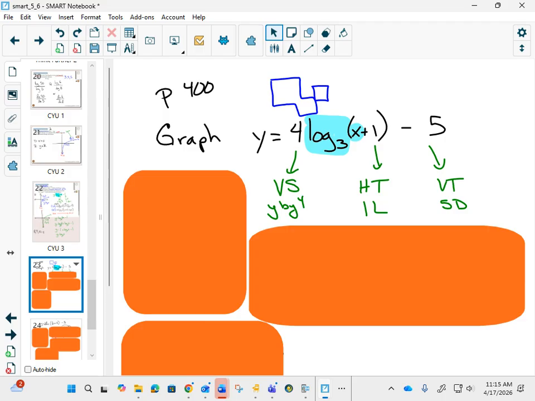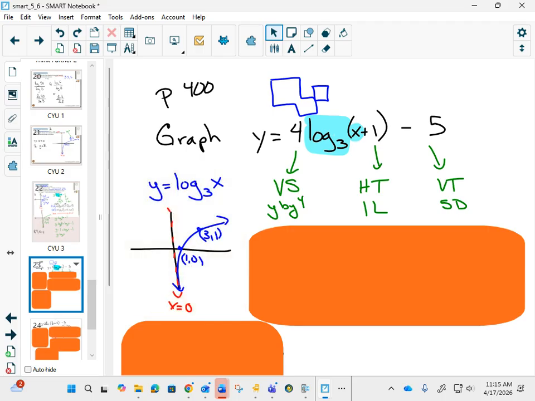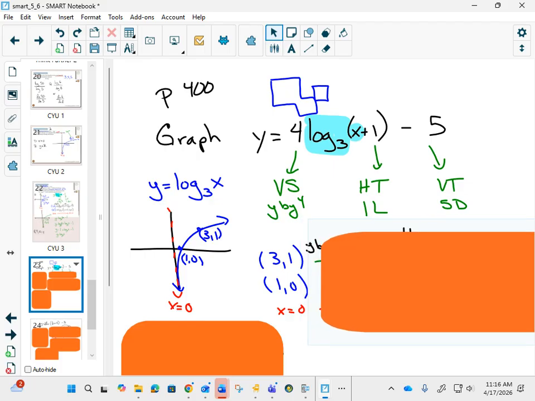Now, in order to do y by 4, 1 to the left, and 5 down, you need to know what your parent graph looks like. So as a starting point, I quickly draw a graph of y equals log base 3 of x, labeling those 2 key points and my asymptote. You're going to take those key points and your asymptote,